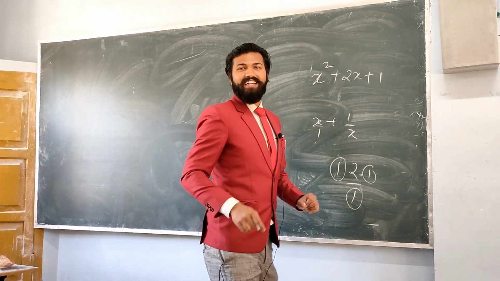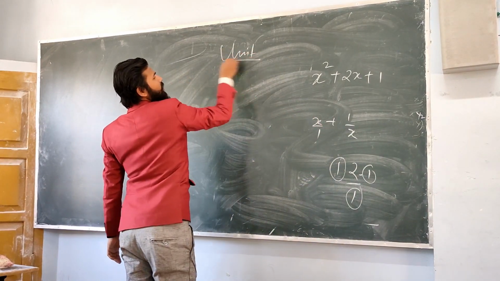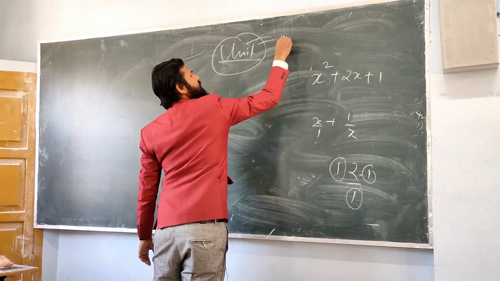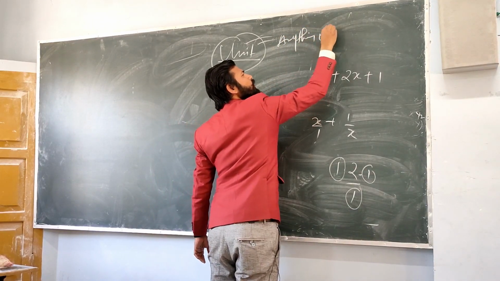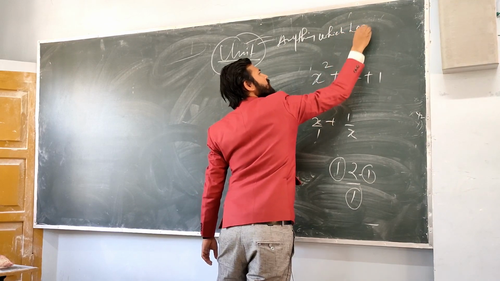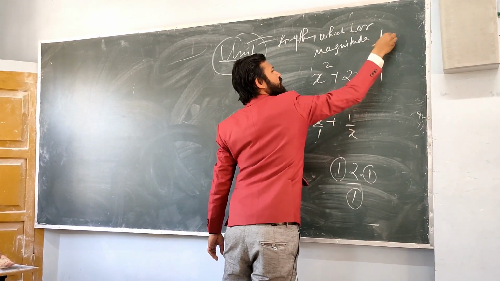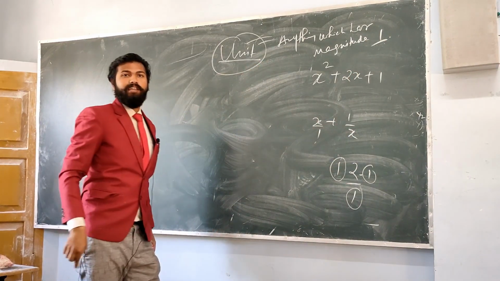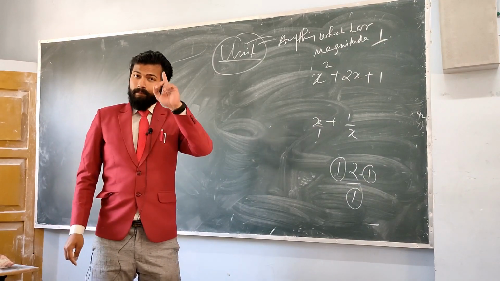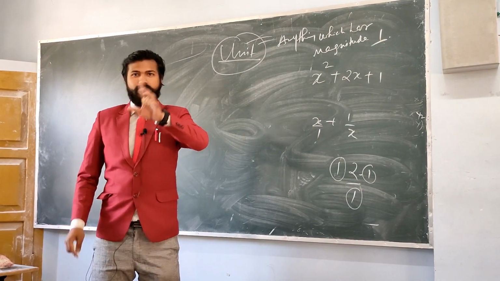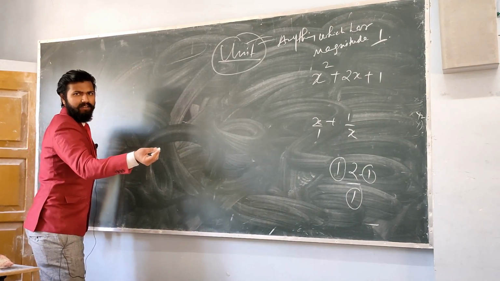So unit means what? Now I have that clear. Unit means unit. The meaning of unit: anything which has magnitude 1. This is the meaning of unit. Unit means any quantity which has magnitude 1 is called unit vector. I hope that's clear. Now as we know that any vector